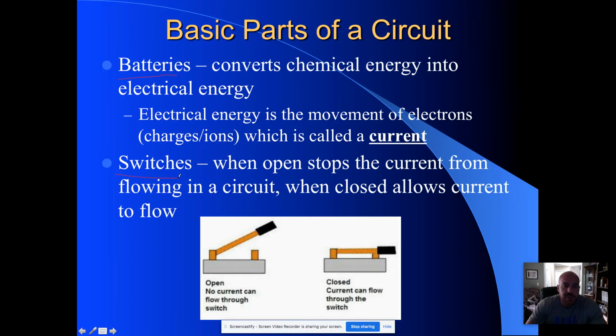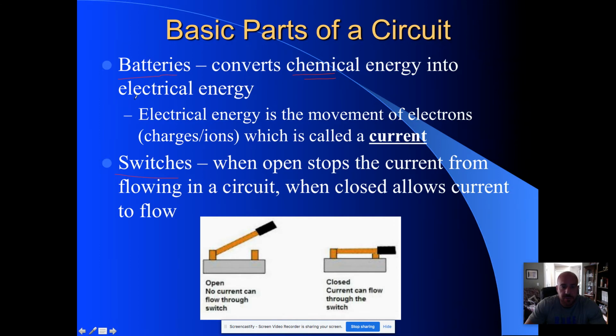So whenever you think of batteries, you're like, well, that's where the power comes from. And instead of thinking of power, think of electricity. It's electrical energy that's coming out of it. It comes from the chemicals inside the battery. So what's really happening is we're transforming chemical energy into electrical energy. But the most important thing for us for batteries is that's where the